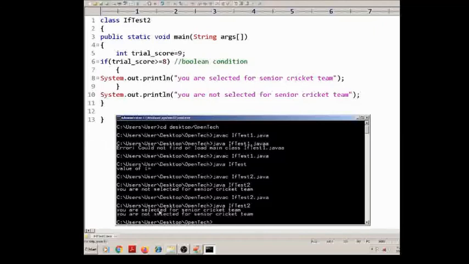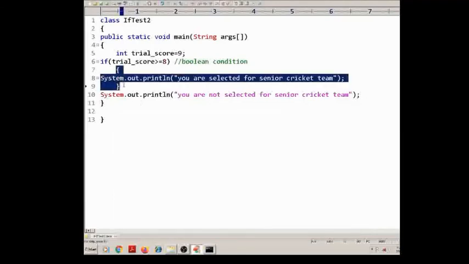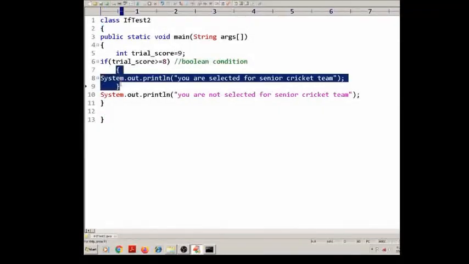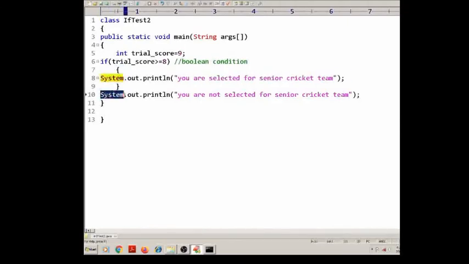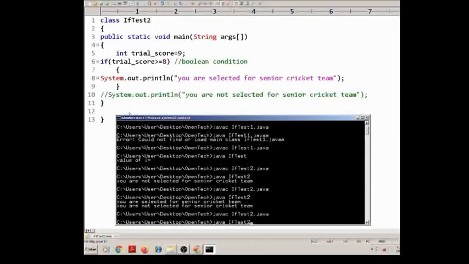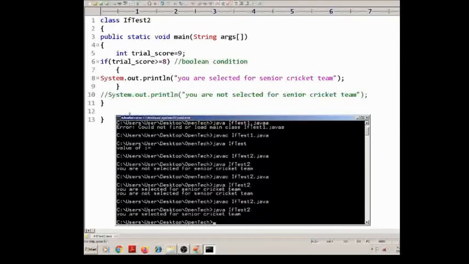You can see here, you are selected for senior cricket team, you are not selected for. So first the if block statement is executed, and then when control moves out from this block, this statement will be executed. If I change this statement into a comment statement, then compile your program and execute. So you are selected for senior cricket team.